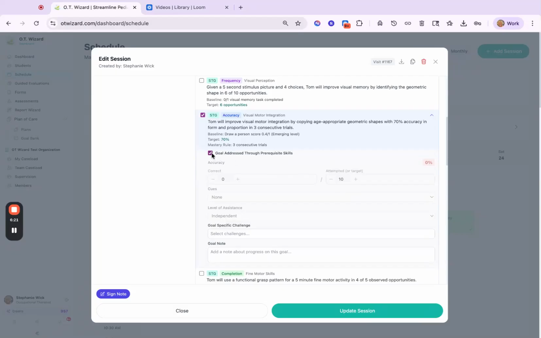So that way you sort of get credit for working on the goal without having to put this in, especially if you have some prerequisite skill that you're working on. And so you don't really have the option to be able to add this in. But let's say that today that